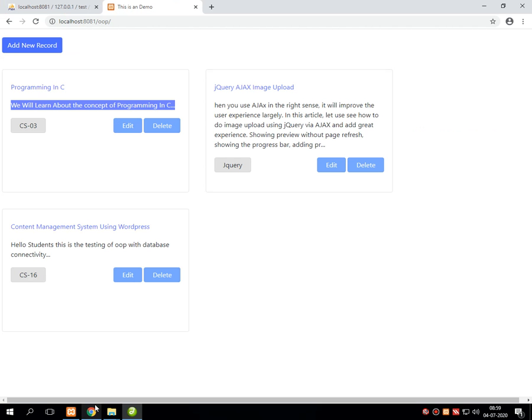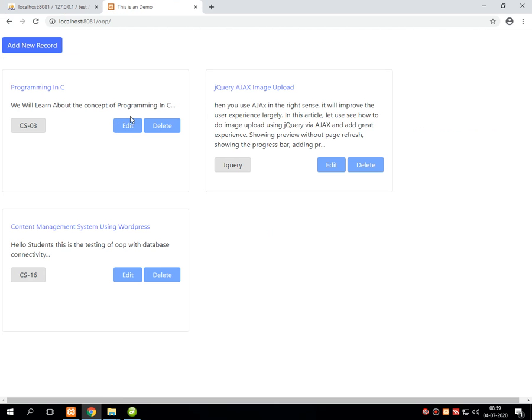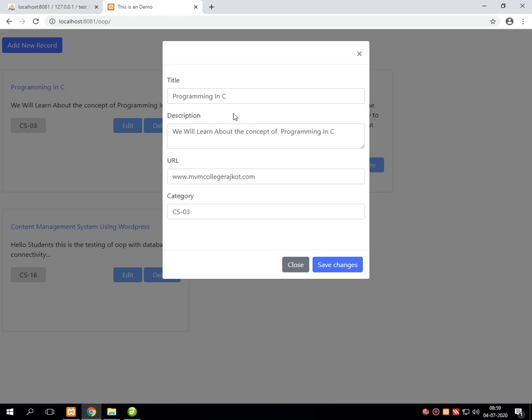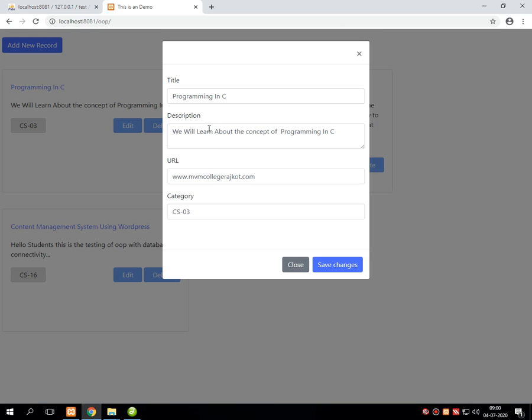Whenever you press any of the relevant buttons, the entire content is displayed over the screen in an editable format by passing the particular ID. What I want to convey is, suppose I press the edit button of this particular title and description, it only displays the content of that particular information.